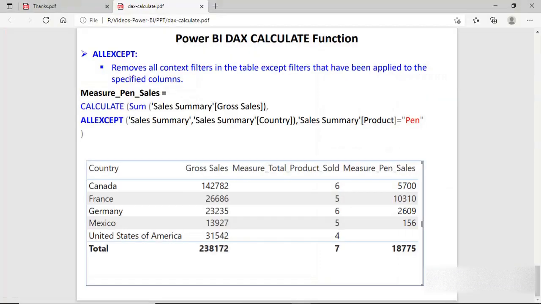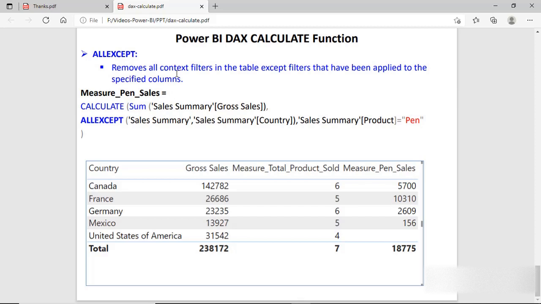Another filter modifier function is ALLEXCEPT. It removes all context filters in the table except the filters that have been applied to the specified columns. It means if you specify a filter, then in the case of ALLEXCEPT, it will keep that filter and remove all other filters from the table.